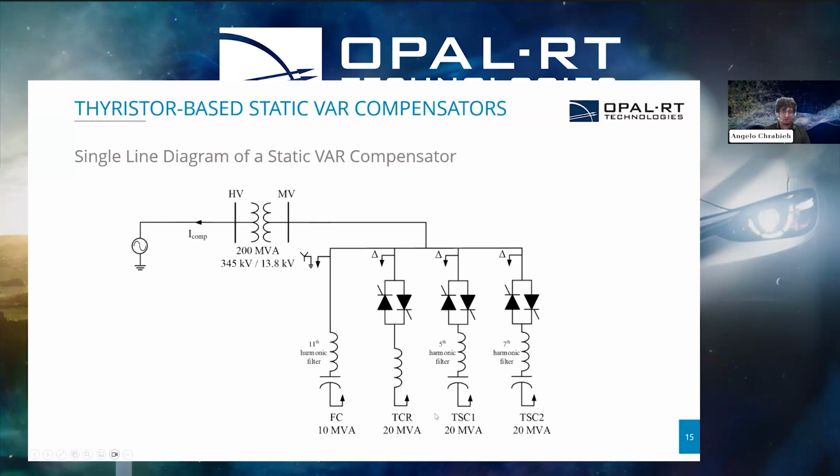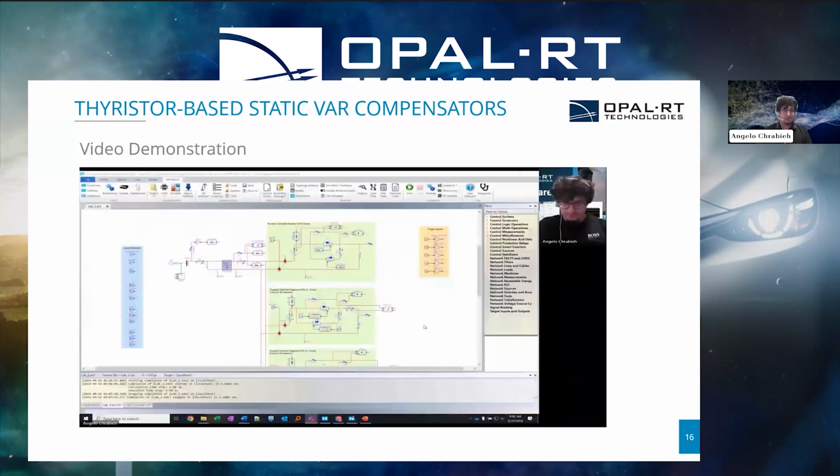All those are connected to the output of a transformer, which is rated at 13.8 kilovolts. Now we're gonna see a video demonstration of how the circuit is being simulated in HYPERSIM and how we can control it using also dashboard